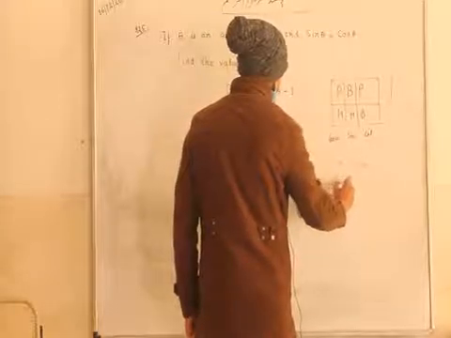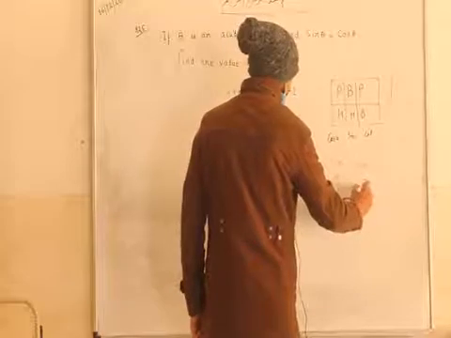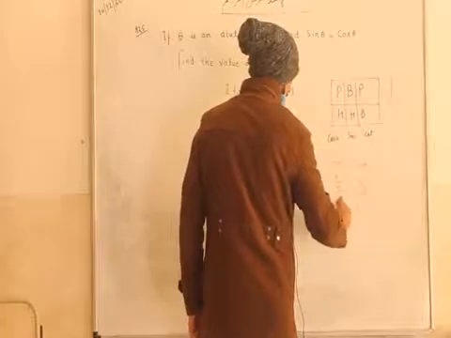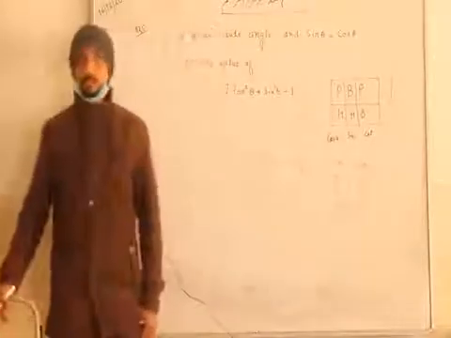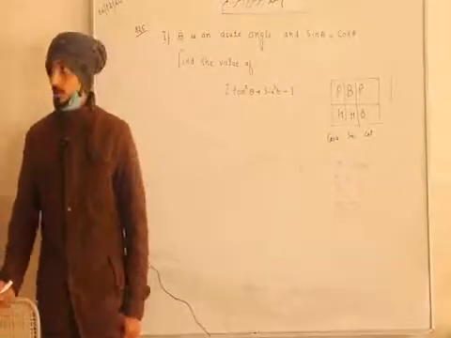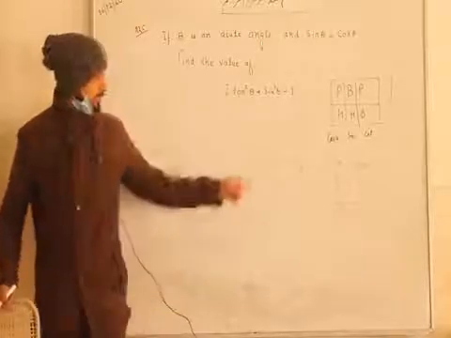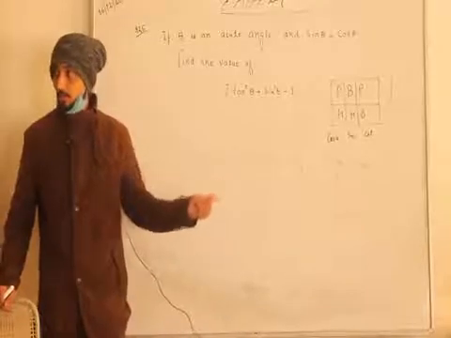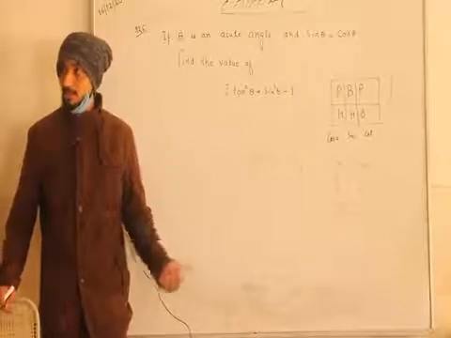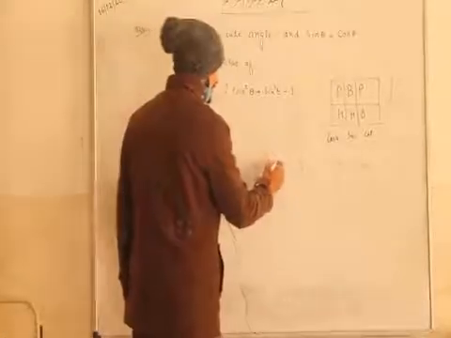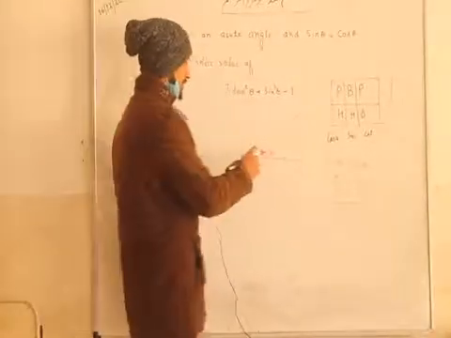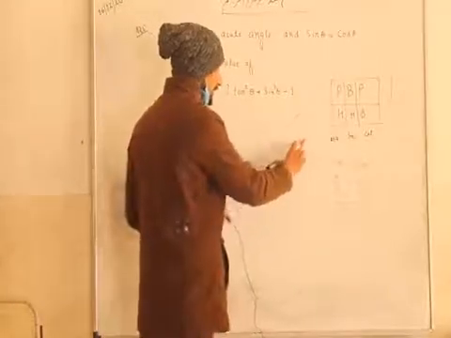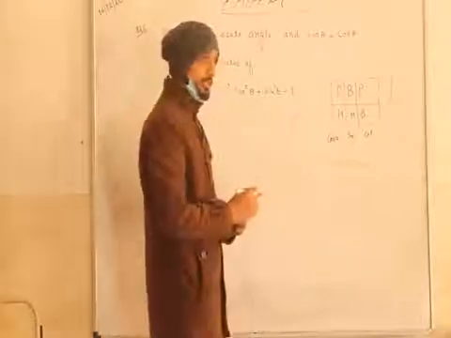P upon H, and cos theta is B upon H. So you can say it means P is equal to B. It means perpendicular and base both are equal. Got that? So see here, sin theta is equal to cos theta. So we are writing its ratio P by H equals B by H. H we cancel out. It means P and B both are equal. So this side is equal to this side.